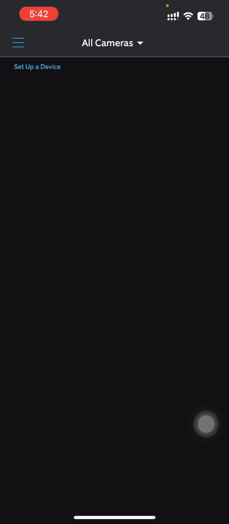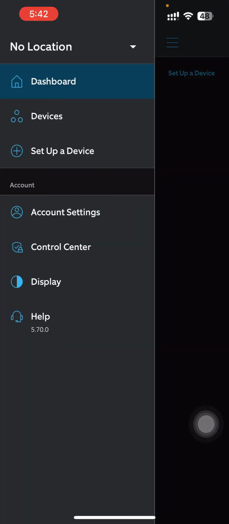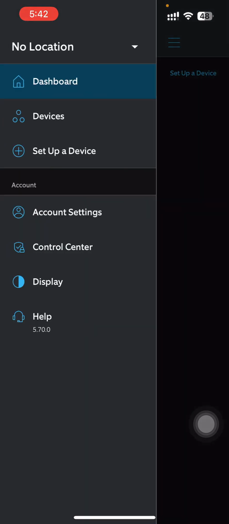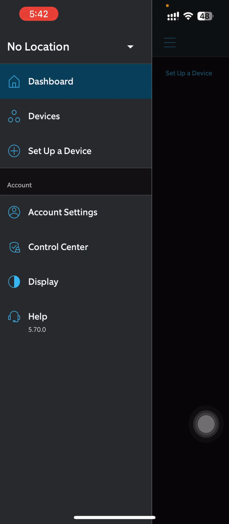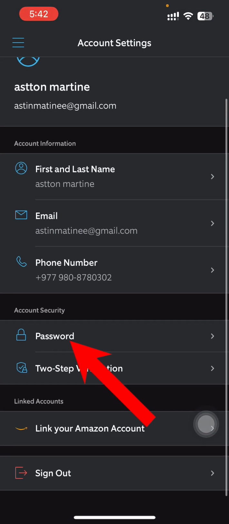So firstly, what you need to do is, you're in this particular platform which is your dashboard. From here, just go on these three lines on your top left and then all the way down to account settings. Just go over there. And then just go to this account and security just below phone number and to the password like this,